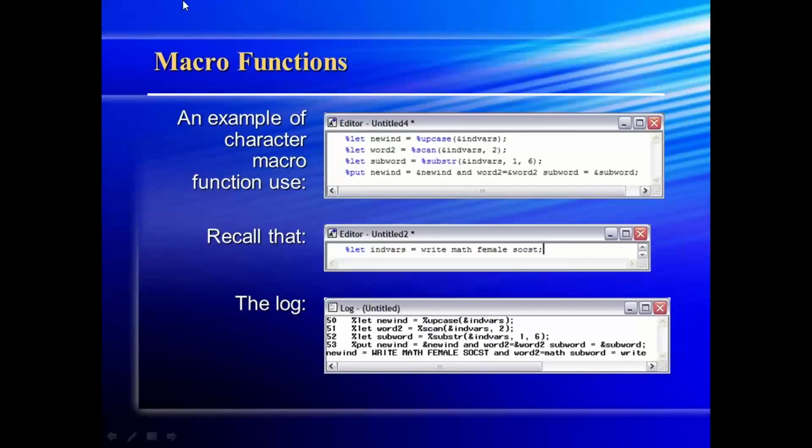With one example you can see here: %UPCASE of indvars, %SCAN of indvars, %SUBSTR of indvars. %PUT is to display the value. When displaying it, you can see the uppercase result, the scan result, the substring result, everything displayed. So that way we can use these functions, and they will really help to automate our coding.